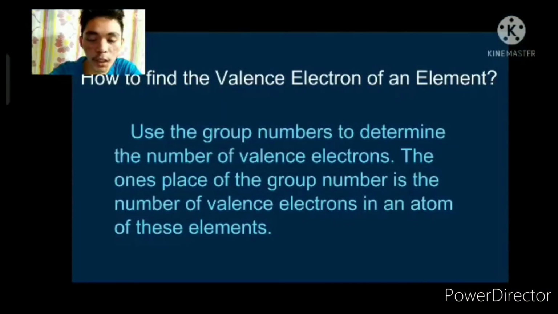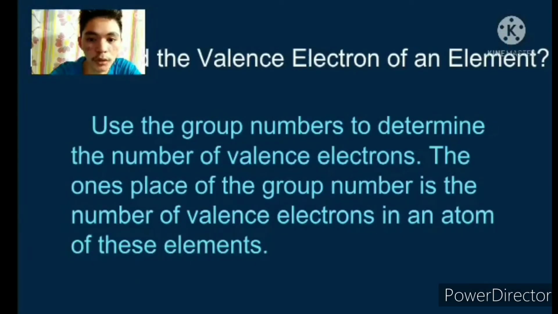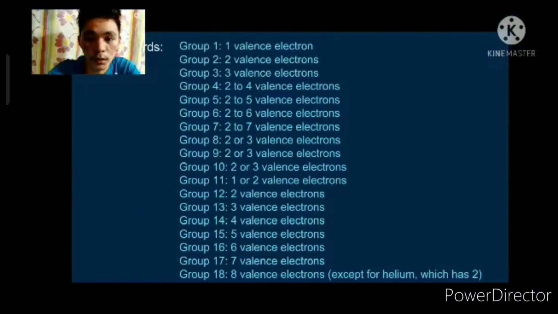To find the valence electron of an element, use the group numbers in the periodic table of elements to determine the number of valence electrons. The one's place of the group number is the number of valence electrons in an atom of these elements. In other words, group 1, 1 valence electron, group 2, 2 valence electrons, group 3, 3 valence electrons,